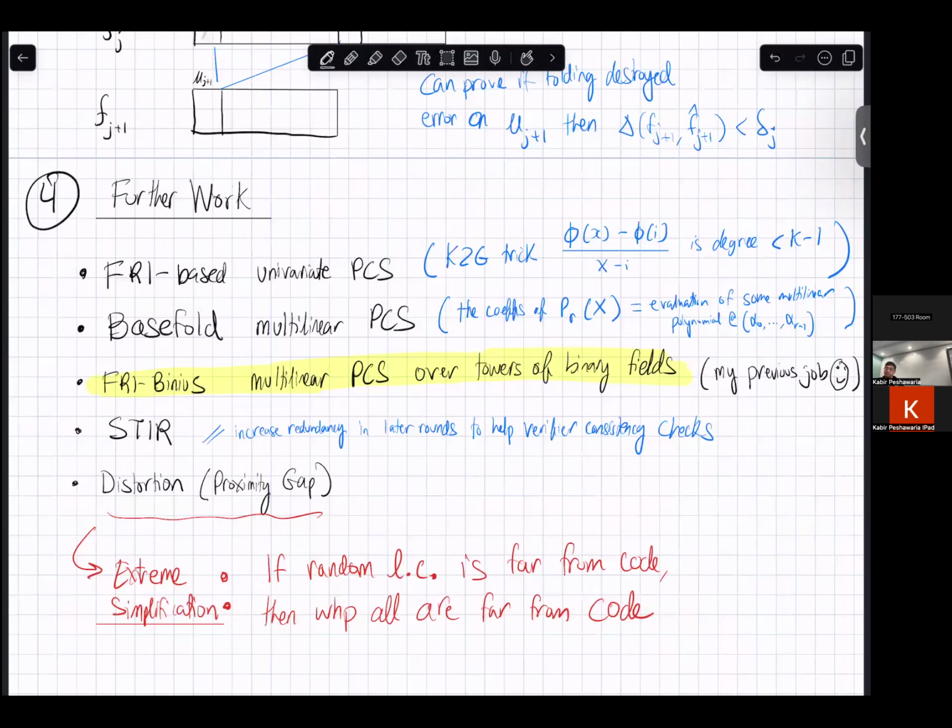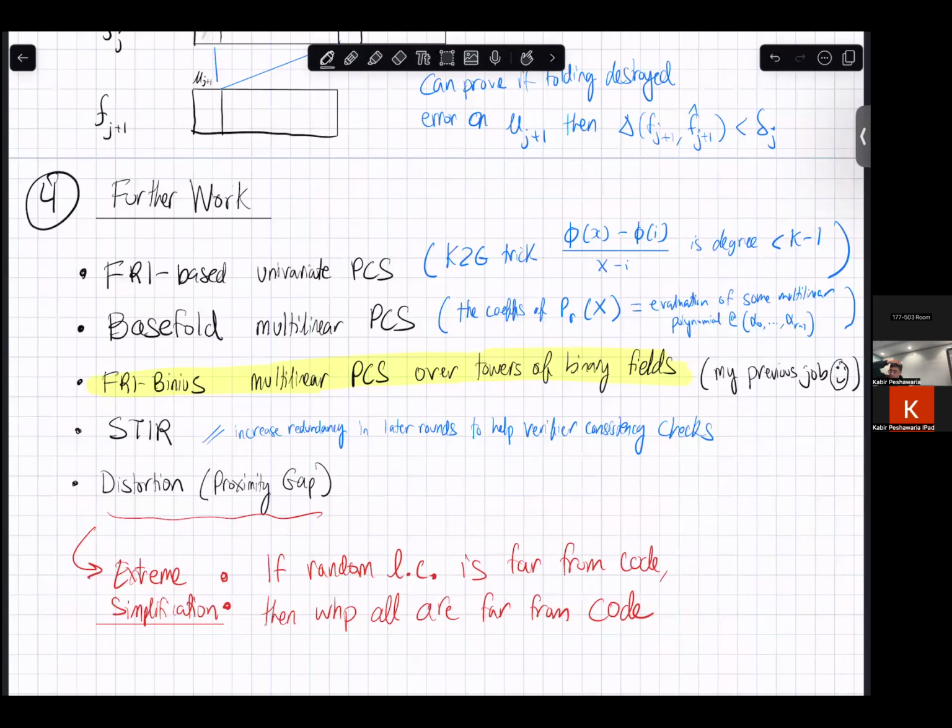There's another thing called Basefold, which creates a multilinear polynomial commitment scheme based on FRI, and this makes a really cool observation. If you fold with these coefficients alpha 0 all the way to alpha r minus 1, what do you get in the end? We're doing some folding on the functions, but we should remember that stuff is actually happening to the underlying polynomials that these guys are close to, right? And if we look at the final polynomial,